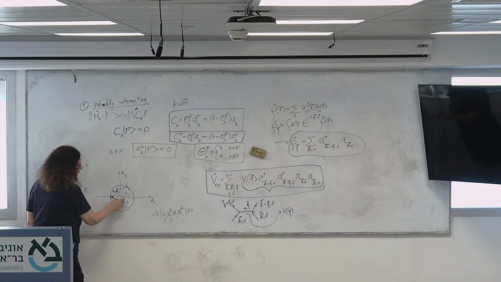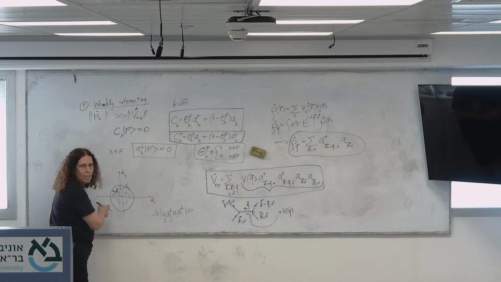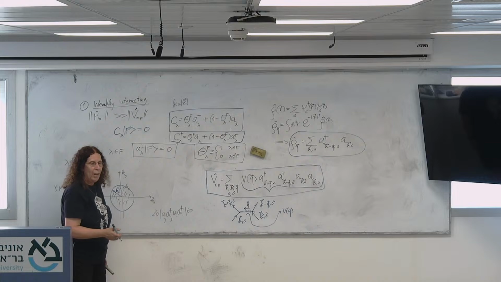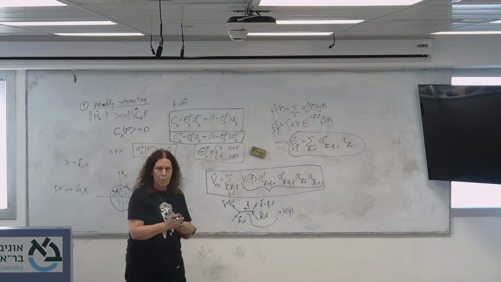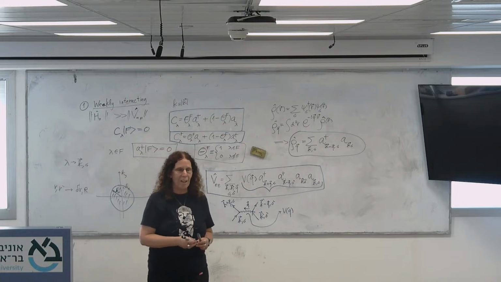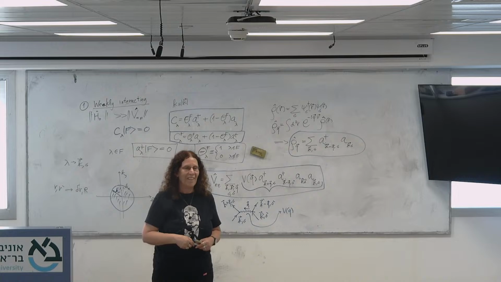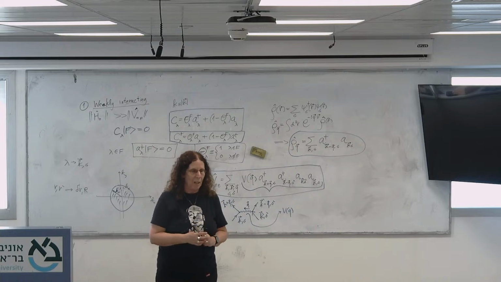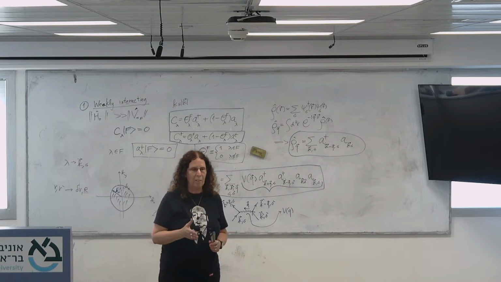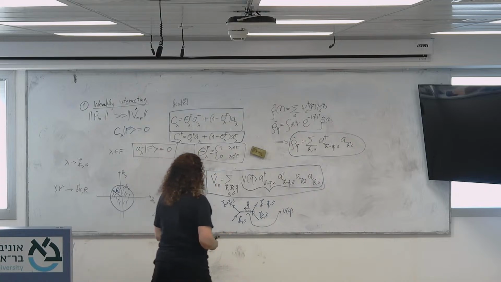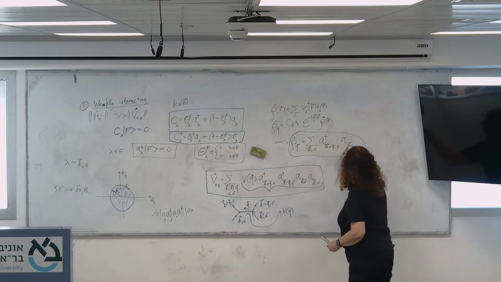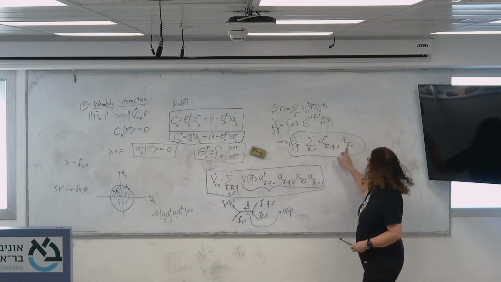If I do it on states inside the ball, both of them, K and K minus Q are inside the ball, then what does it do? In fact, it's not necessarily zero, but it will not do anything. It will just exchange two particles that are identical anyway, right? So it does nothing. Exactly. So the only non-trivial effect it can have is if it acts on if K is inside and K